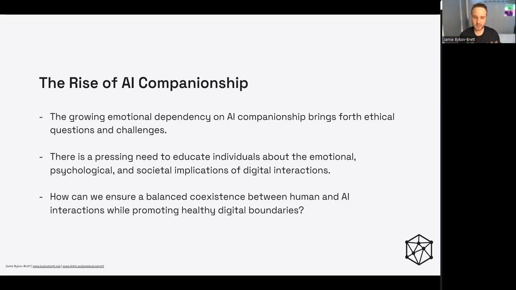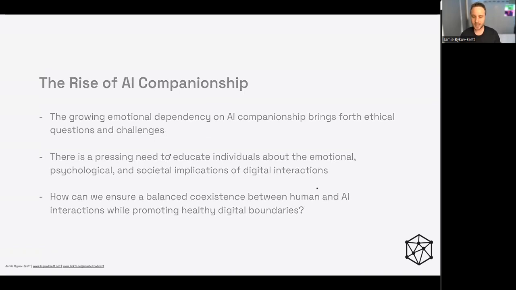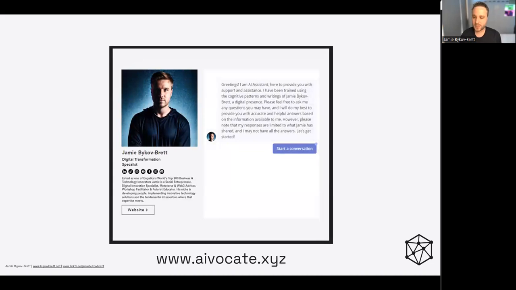One of the aspects of this is highlighting the need to educate individuals about the complexity of digital interactions, distinguishing between a genuine human connection and AI interaction, creating healthy digital boundaries. As these digital landscapes continue to evolve, we must do what we can to ensure that human essence remains valued and central, encouraging a productive and proactive approach to navigating the nuanced dynamics of human and AI interactions in a digital society. And you might think that this is very far off, but I wanted to give you a very practical example,